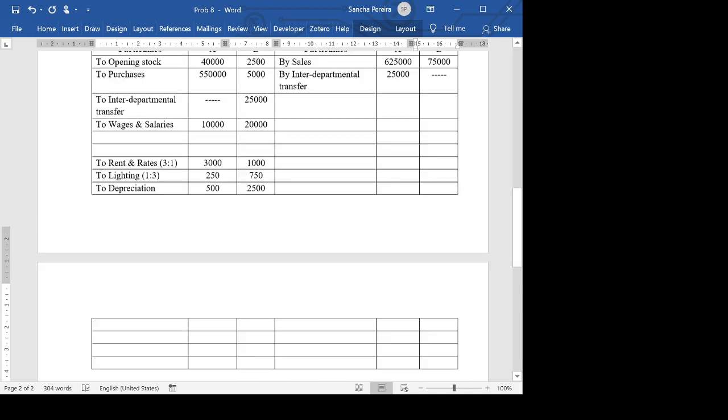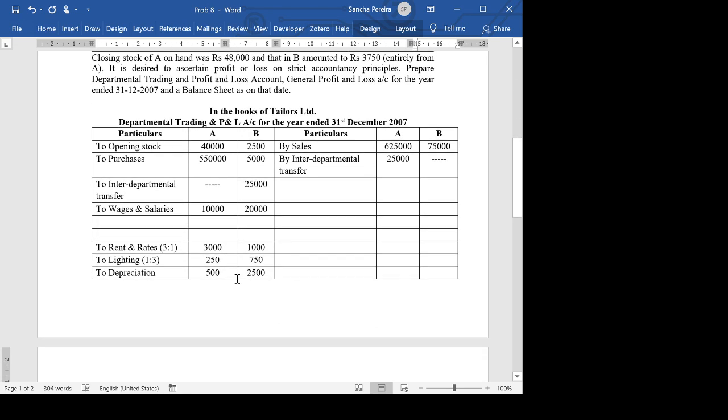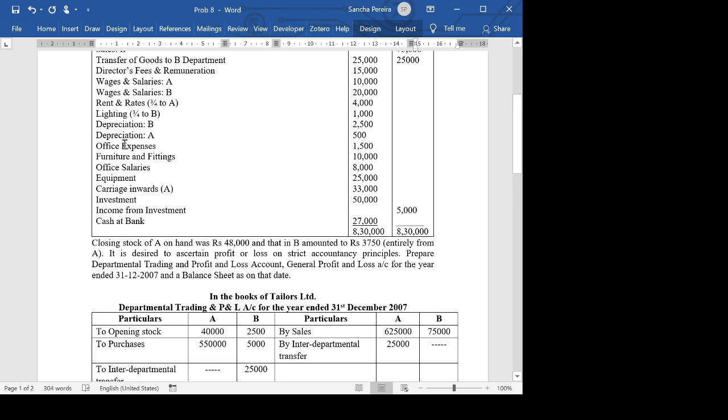Furniture and fittings is 10,000. Now, some of you may ask me what this depreciation is. We have furniture, we have equipment. Basically, this depreciation doesn't have to be deducted from each of these, because the depreciation is given here. When the depreciation is given in the adjustments, it will come twice, and they'll also tell you what the depreciation is. So right now, since the depreciation is given here, we have to just take it once in the